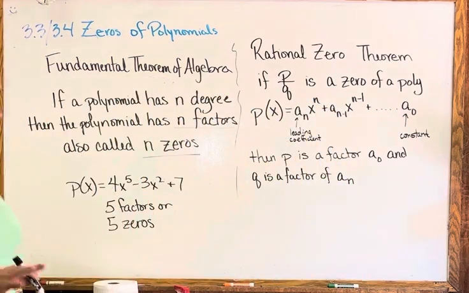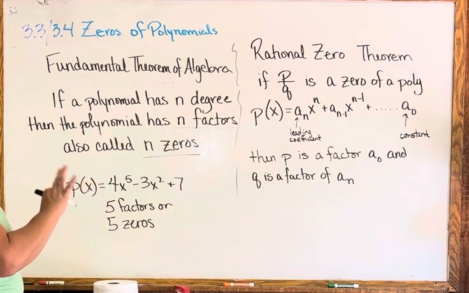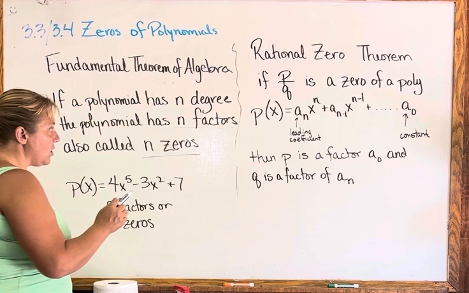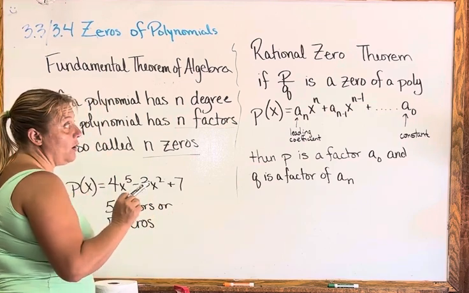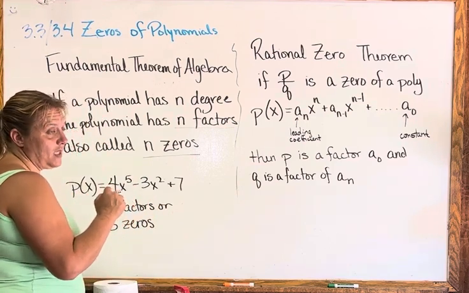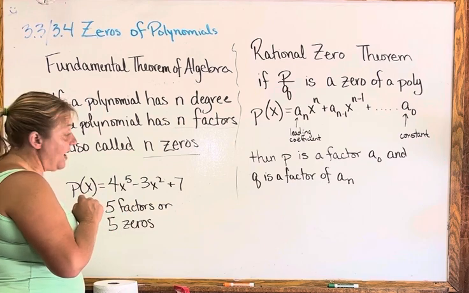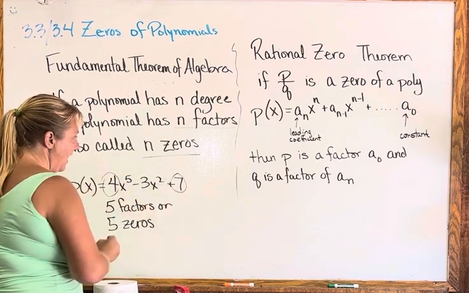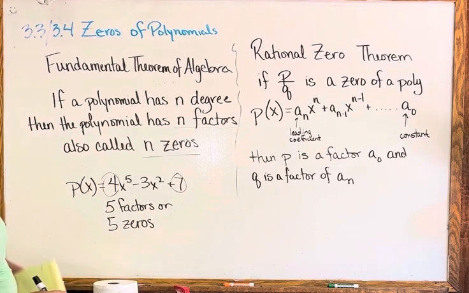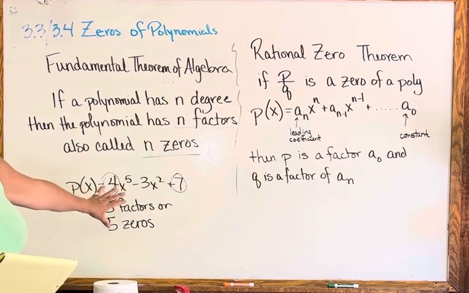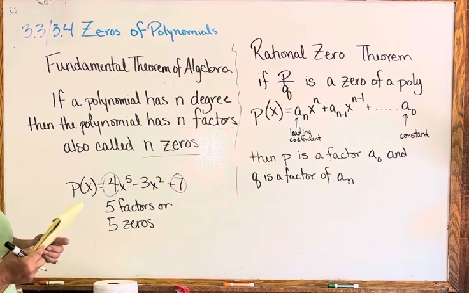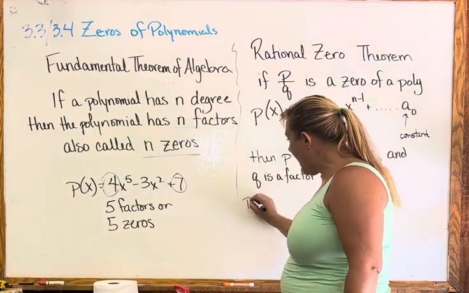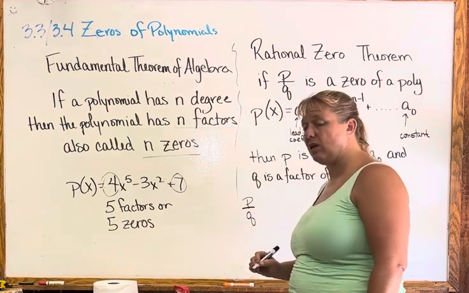Okay. Now, like I said, it's written really weird, but we're going to use it in a way that actually will be helpful to us. So what it means is if we're going to try to do synthetic division to find factors, we're only actually interested in the first and the last term. So using this one, even though we're not going to solve this one, but just using it because we've got it on the board, we can say that if we have an answer that's a P over Q,